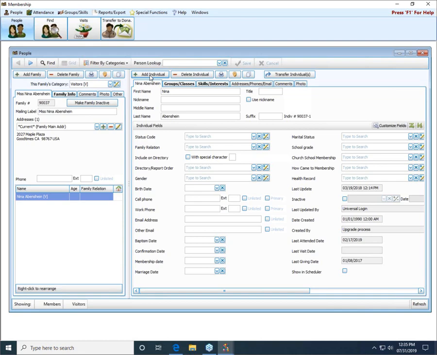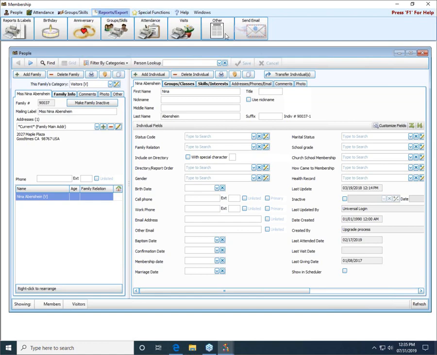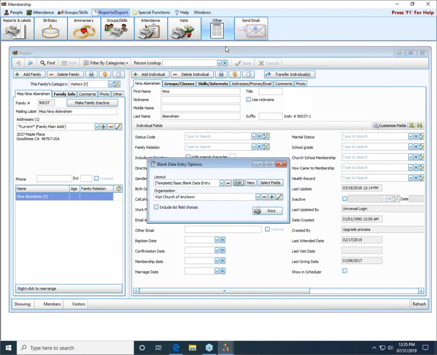Okay, so to generate that blank data entry form, you're going to come up here under Reports and Export, and you're going to go to Other. Then you have blank data entry. We're going to go ahead and click on this, and it's going to open up just a smaller size reporting screen. Okay, in here we have a template, so a default layout that you can choose from to print out